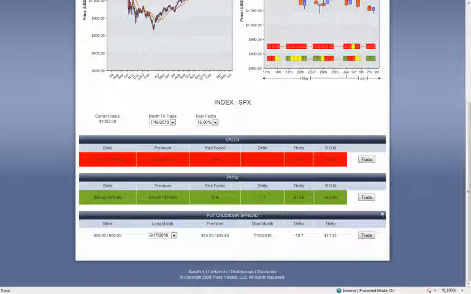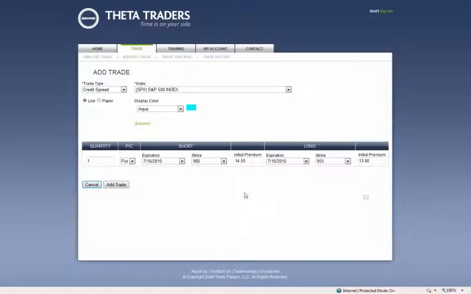Below the charts you see the same trade from the overview page. Again, you may change the month to trade or change the risk factor. Currently what this page is showing is that the puts have a favorable time to trade and a risk factor setting of 15% or an 85% probability of success shows a 14% return on investment by July 16th, which is about 6 weeks away. If you see a trade you like, take this information and execute the trade with your broker. Once that is done, click on the Trade button.